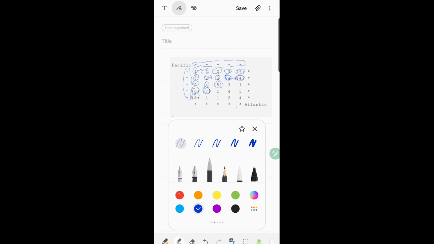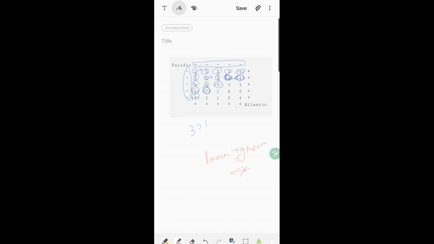Now let's talk about the Atlantic Ocean. So for the Atlantic Ocean, let's start with this. It can reach 5. From 5, can it go to 6? Yes. From 6, can it go to 2? No. From 6, can it go to 7? Yes. From 1, it can reach 1. From 1 also 7. 7 is already marked. For 1, from 1, can it go to 1? Yes, it's equal. From 1, can it go to 5? Yes, because it's greater. 5, it cannot go further, right?